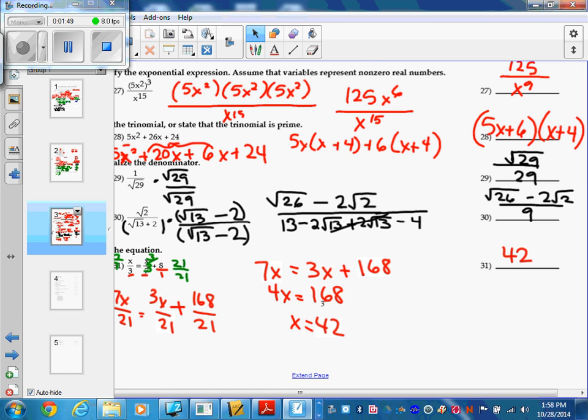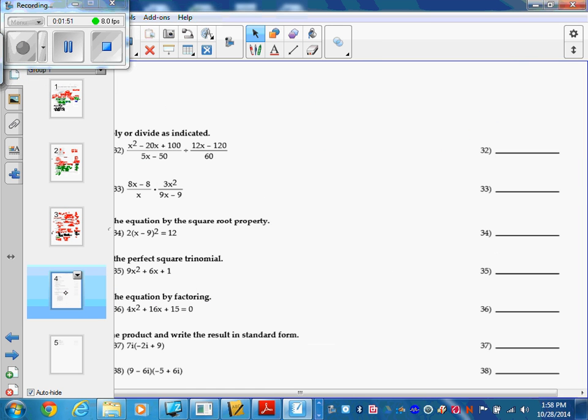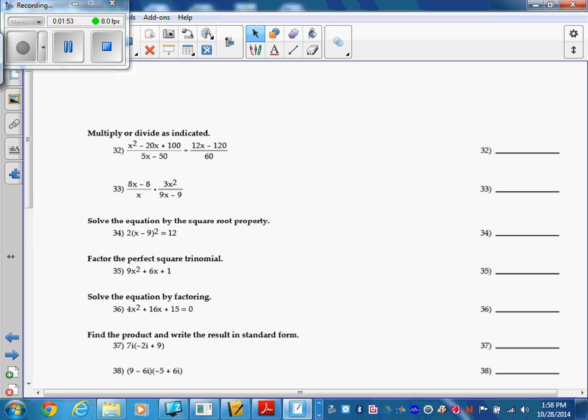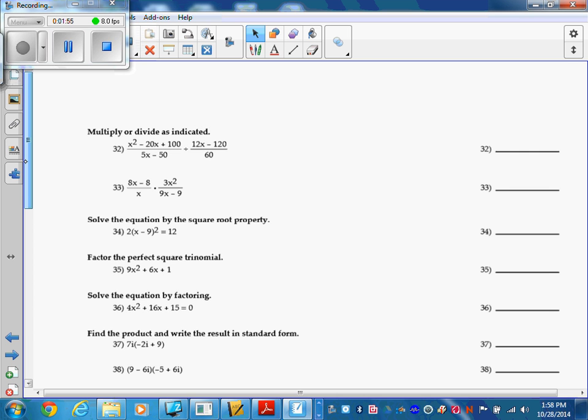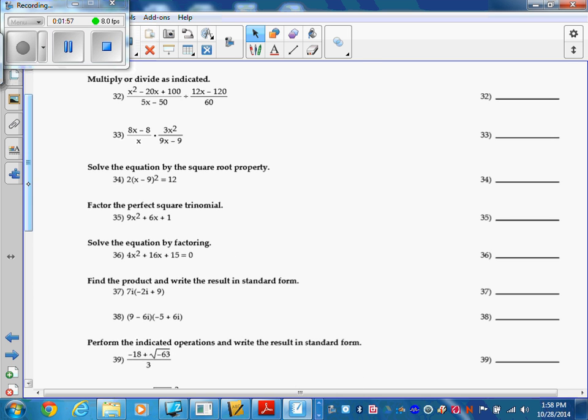Okay, so on to the fourth page. So, even though this one says divide, we all really know that we need to factor. So we're going to factor the bottom and the top, and we're going to factor the top of this one and multiply by the reciprocal. So this is going to be